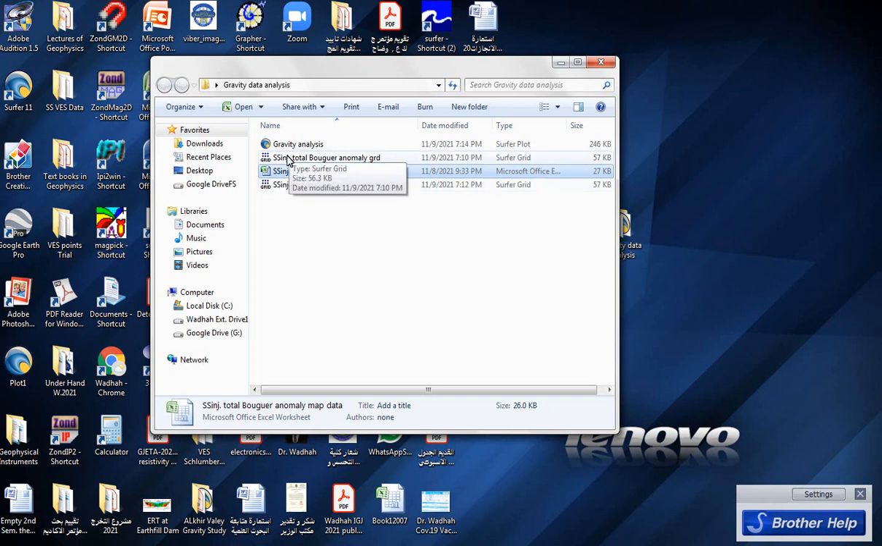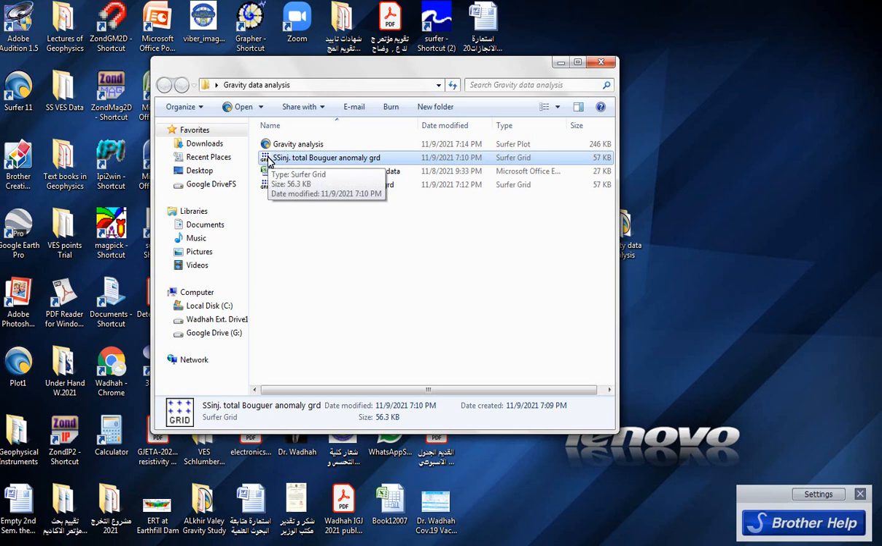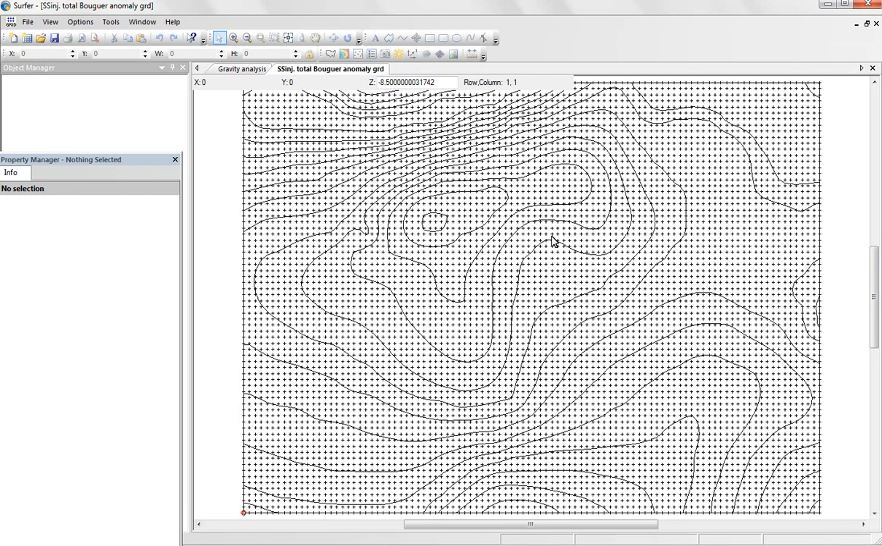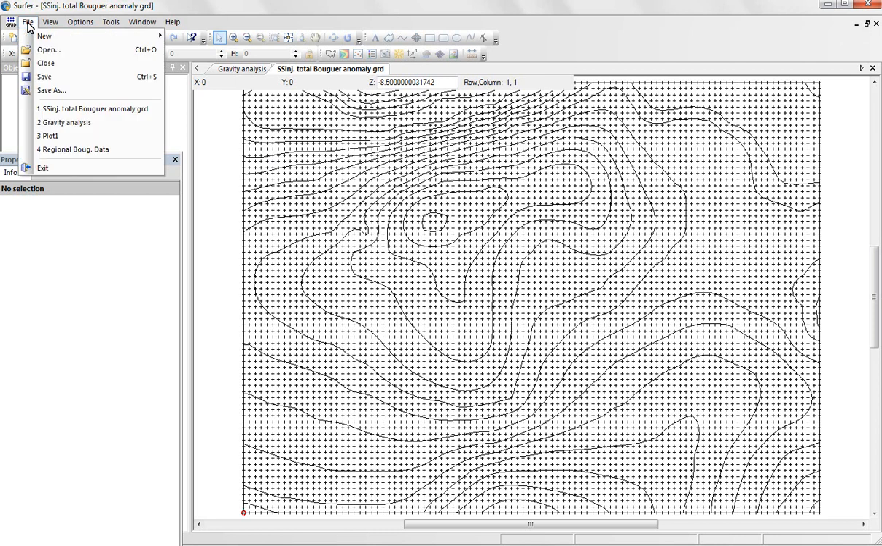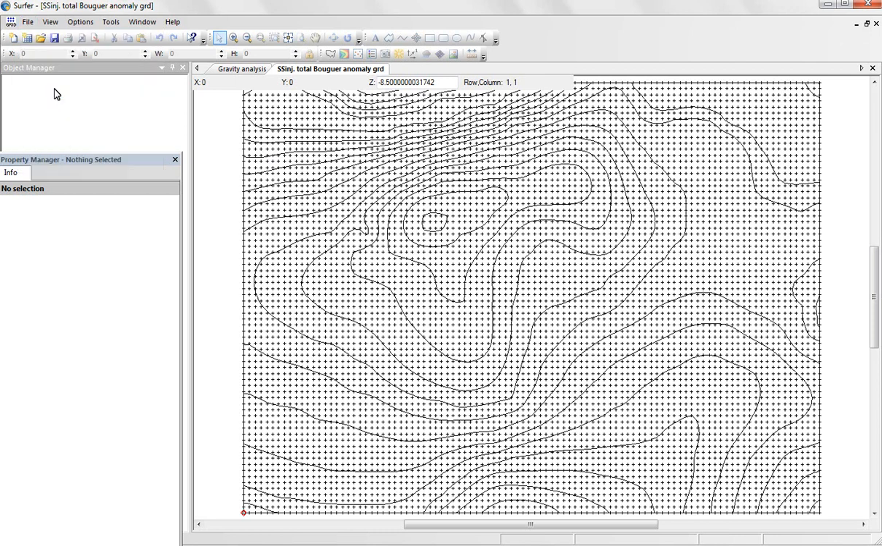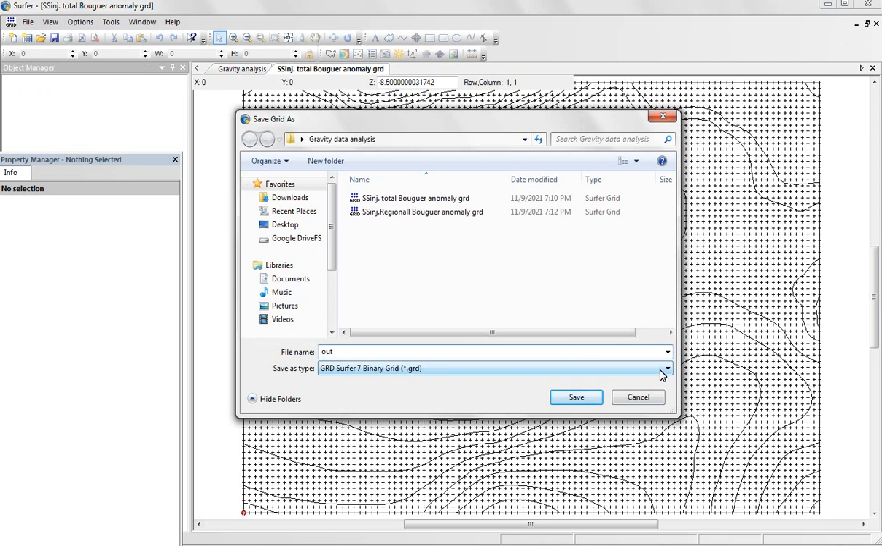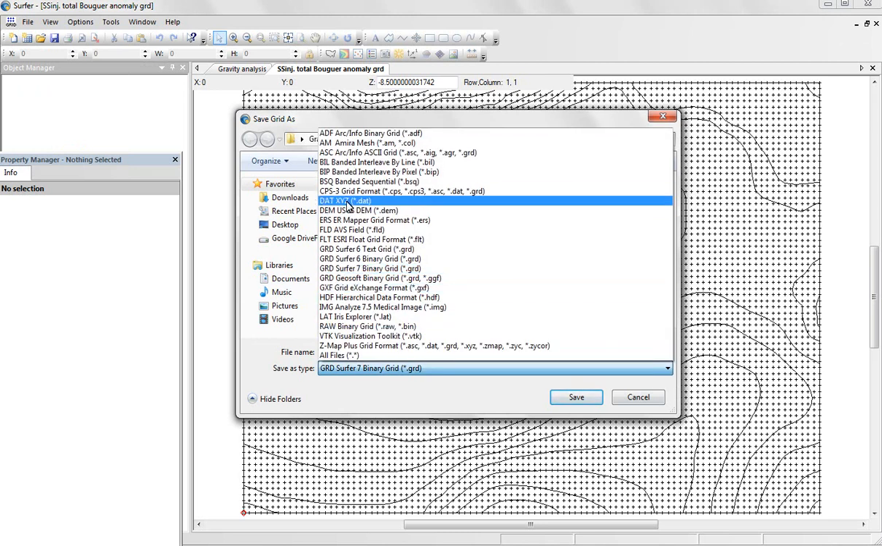Right now we need to change the format of these two files, which are in a grid format, into an XYZ format. So we double click on any file, for example the total Bouguer grid file, then it's opened, and it's required to save it as XYZ, so Save As, and we choose here the XYZ data format,